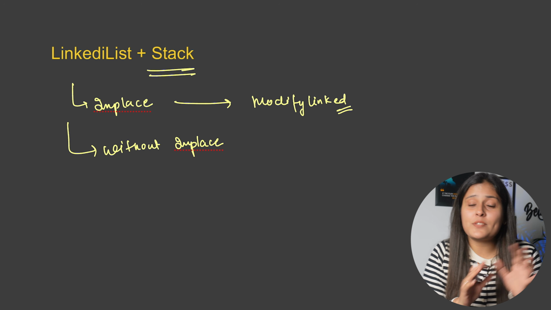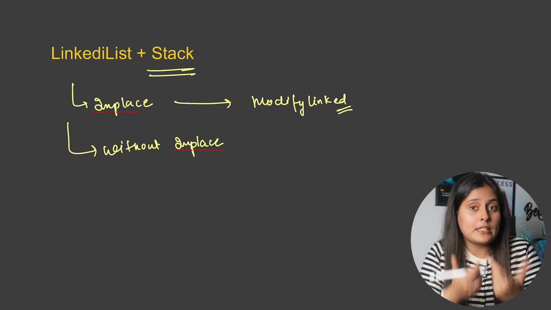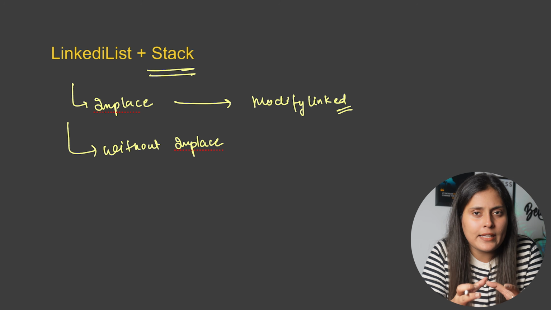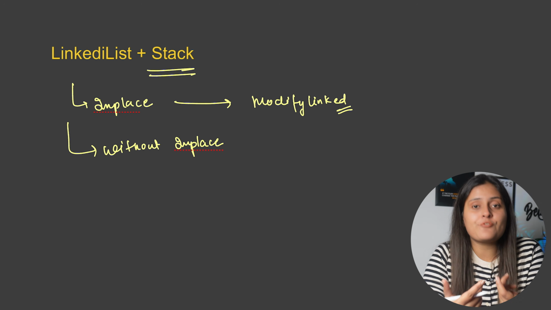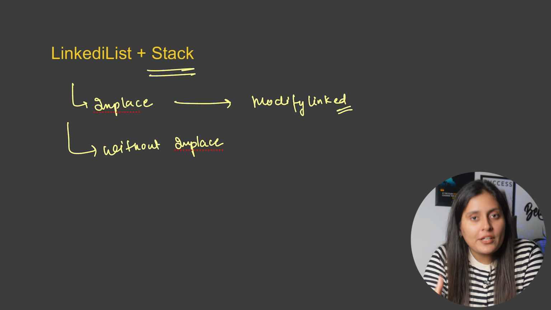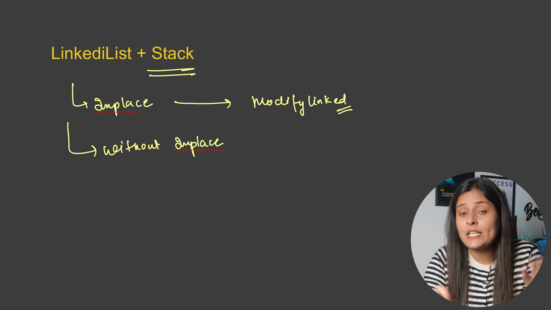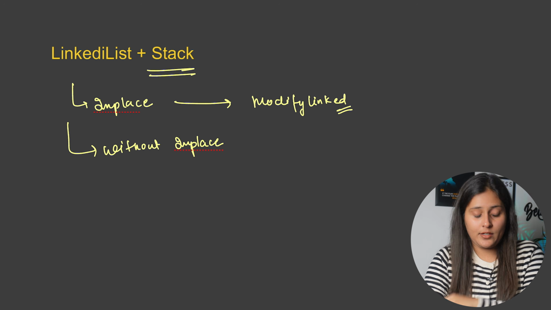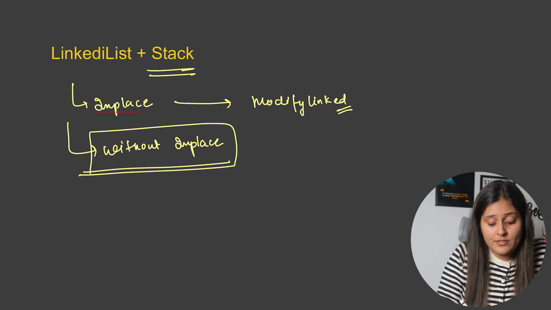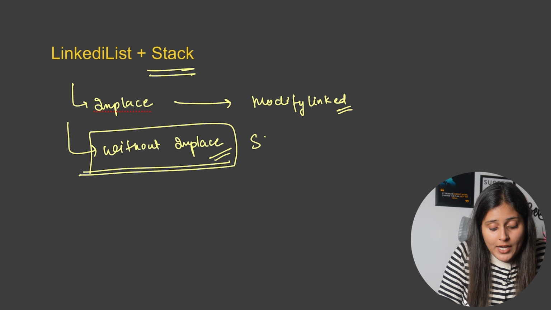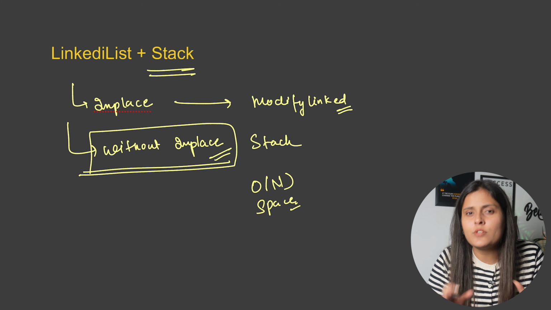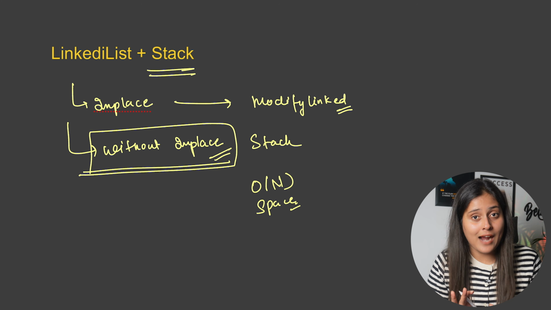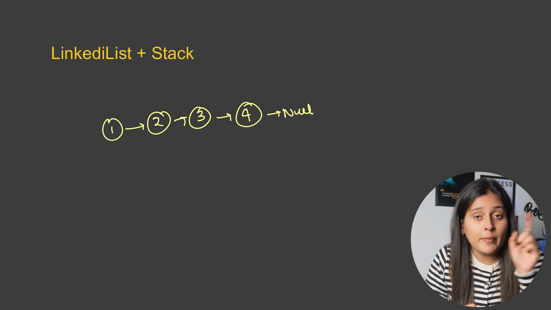So you remember the last pattern where we discussed the reversal technique. When we reverse a linked list, we actually modify the linked list, and modification means in place traversal of the linked list. In modification and in place, we are not using any extra space complexity. But in case of without in place, we are using a stack data structure, and hence we are using O of n space complexity. But why do we use this, and in what condition can we use a stack data structure with a linked list? So remember 2 points.